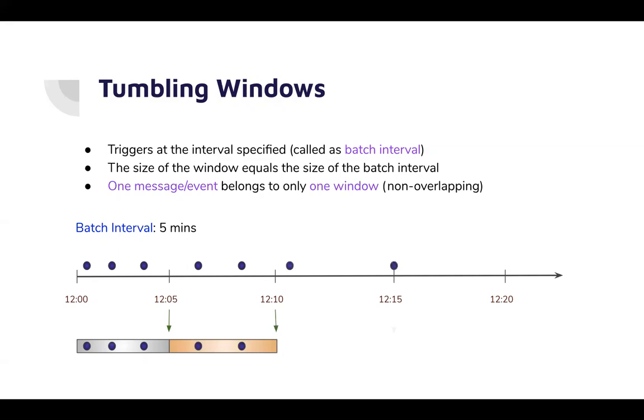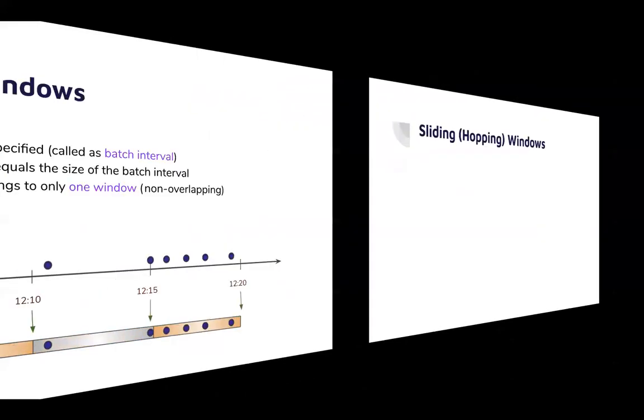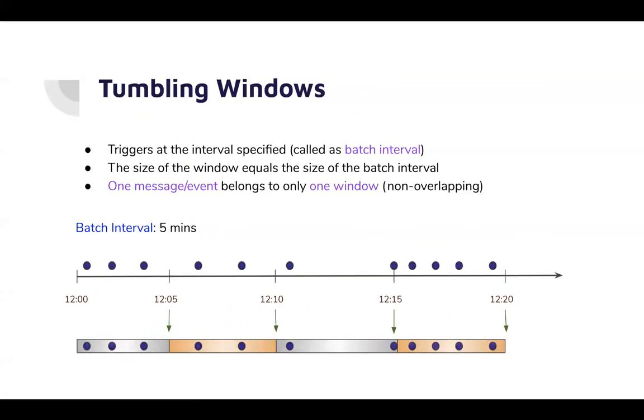And this process will keep on repeating. As and when new events are happening, you create your windows based on only those events. So as you can see, one event, one message will belong only to one window, one group of events. And this is a tumbling window. A tumbling window is important when you want to know how many new orders were received in the last 5 seconds or 5 minutes, or how many new users signed up to your application in the last 1 hour. So you can have that kind of tumbling windows to satisfy those requirements.